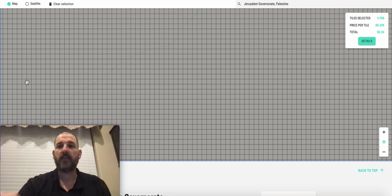But 24 cents for Class 1 tiles is a good price no matter how you look at it. And it's also very close to where a lot of people have been making purchases because they're all purchasing in Jerusalem. And when Earth 2 first opened up, they purchased a lot of tiles in Jerusalem too. So you're really not that far away. You're able to get Class 1 tiles at a low price and in a very significant place as well. So I wanted to share that, guys, with you. And I wanted to share that with you guys in case you were trying to buy tiles there and weren't